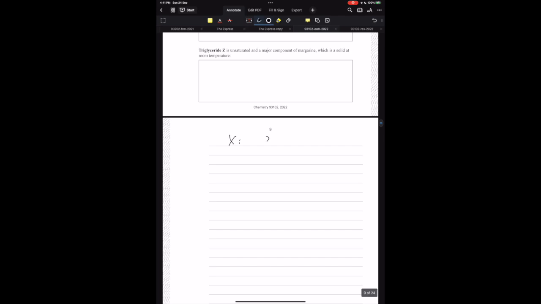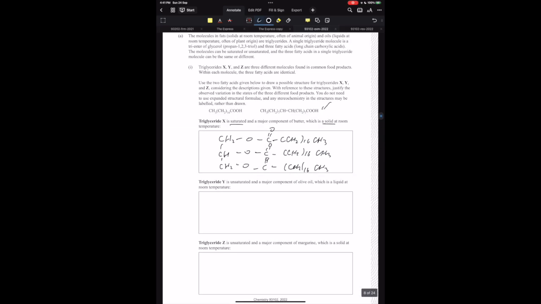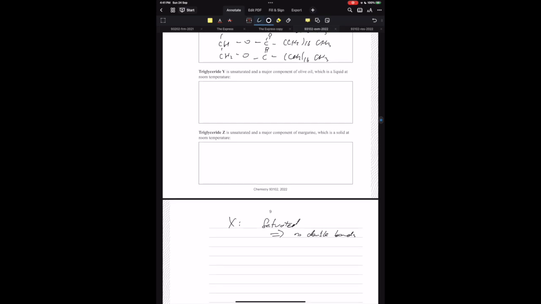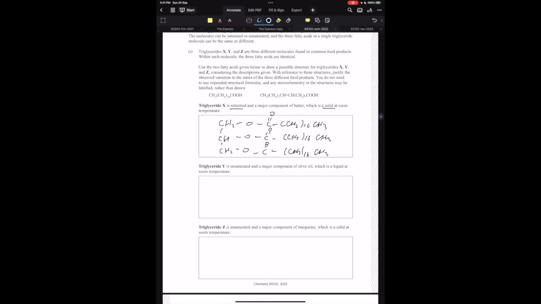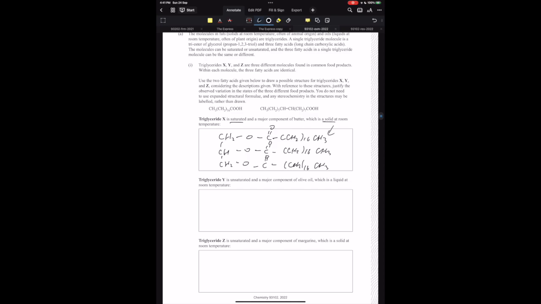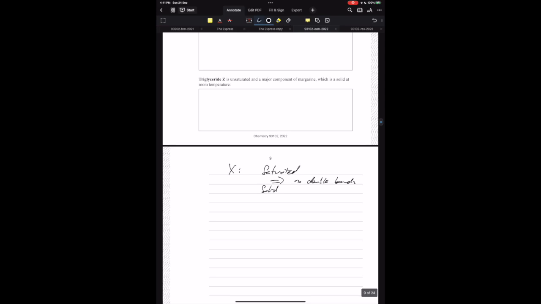So firstly, saturated, therefore no double bonds. And the one on the right here has double bonds, and so it's unsaturated. So it has to be the one on the left. And you also know it's a solid. And that can be justified by the fact that this chain here is very long and it's very linear. Because of the long linear chains, they can stack or pack closely, and so then you have